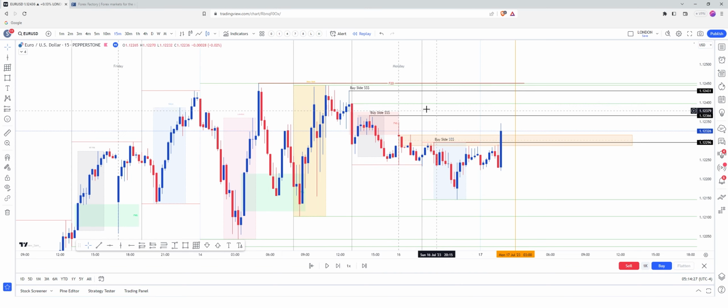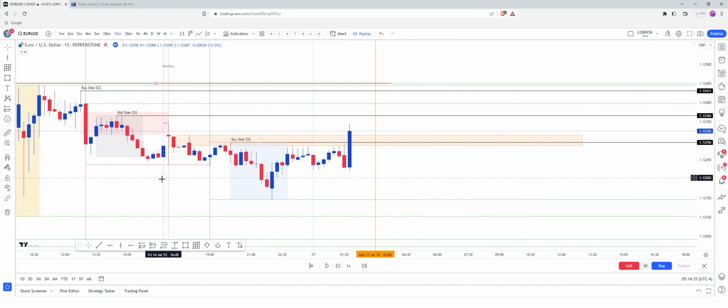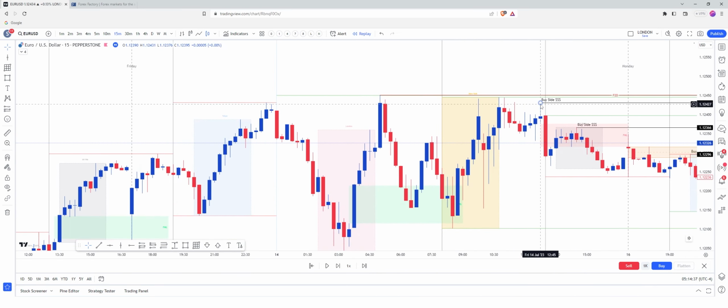However, you do need to have some discretion here. That's really not a swing high, so I wouldn't be too interested in that particular green line. I'd be more interested in the swing high that's been put in on the candle before. So this high is our buy side, and what's nice about this high is its very close proximity to the